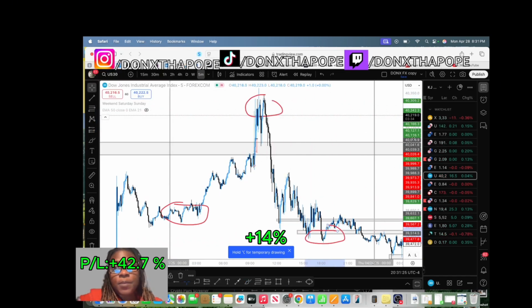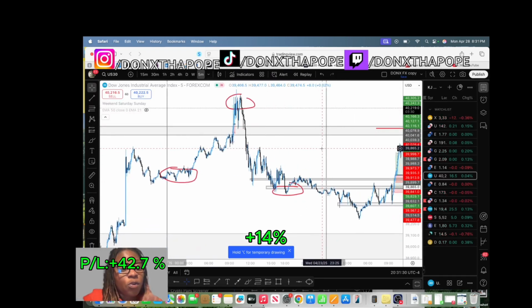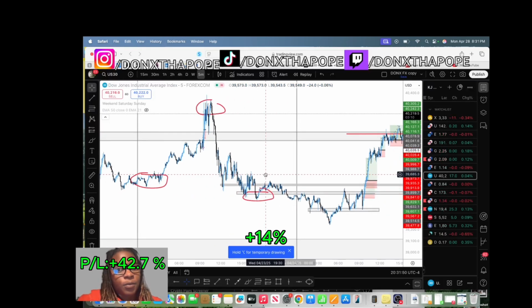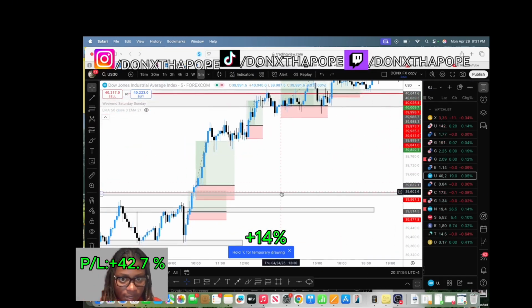Now, some people say when it's time to buy and you want the market to go up, you want to get in around the low of the day, or what you think the low of the day is. But as you see, this is kind of both ways. The market is very volatile right now with all the news with Trump, with Elon. So it kind of went both ways. You could have caught it up or you could have caught it down, whatever type of news it was. So, boom, let's get into it now.